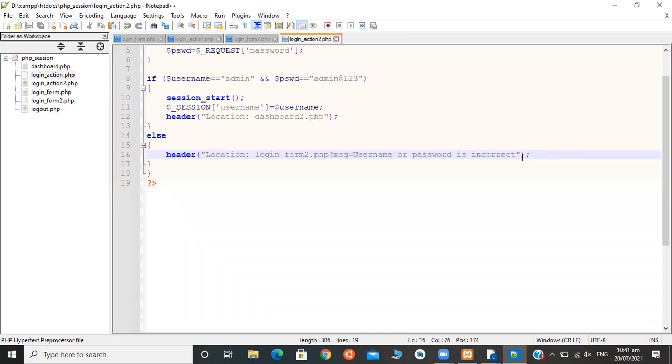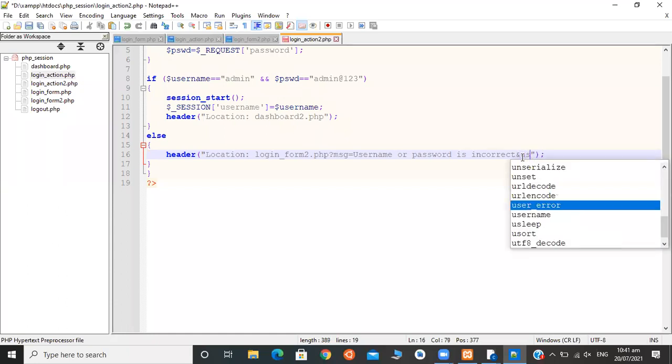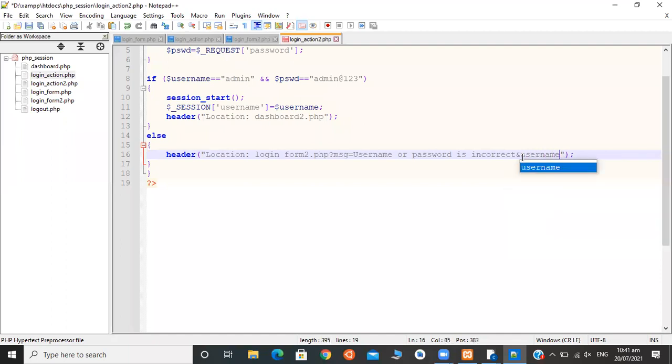One more, if we want to give more than one parameter, how can we give it? We need to give an ampersand sign here and then another variable, let's say username, and its value equals $username.